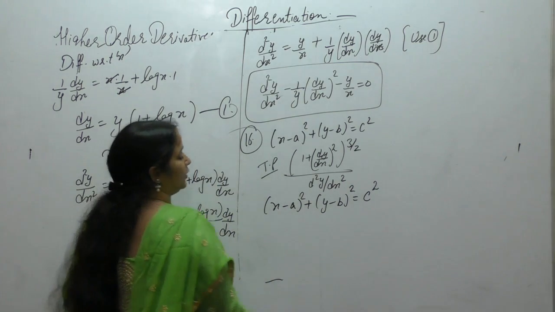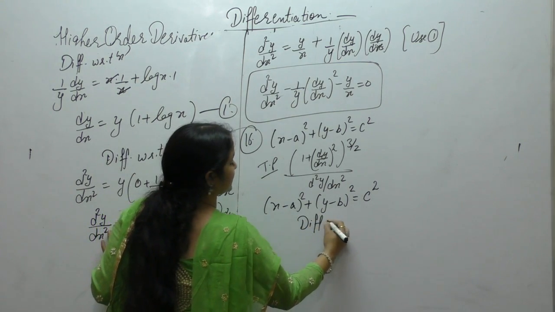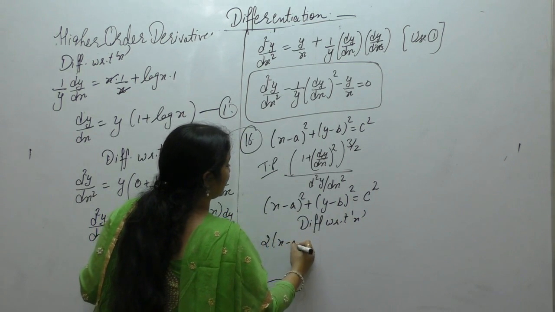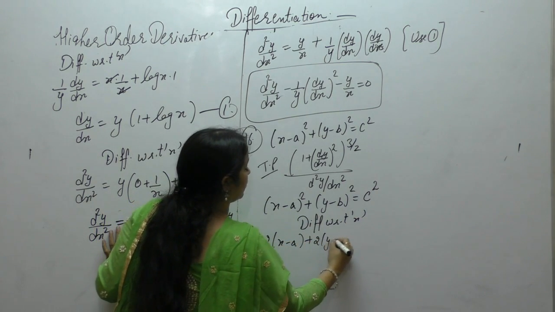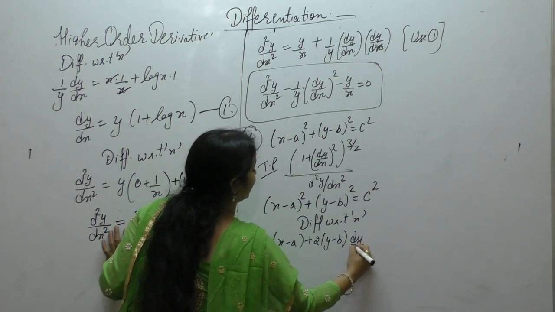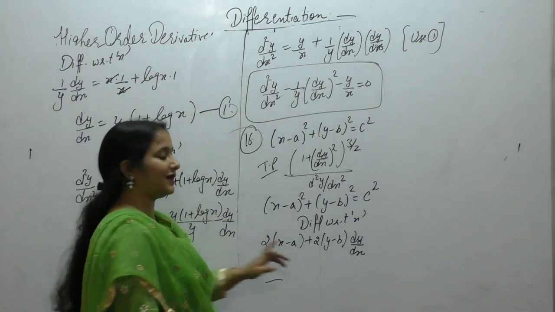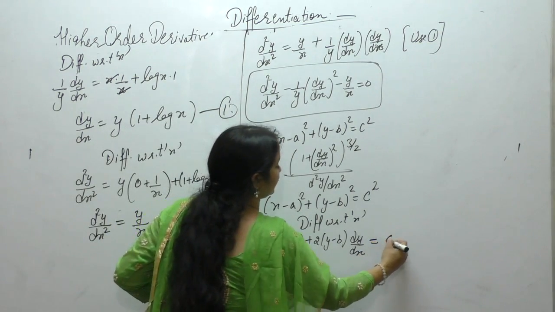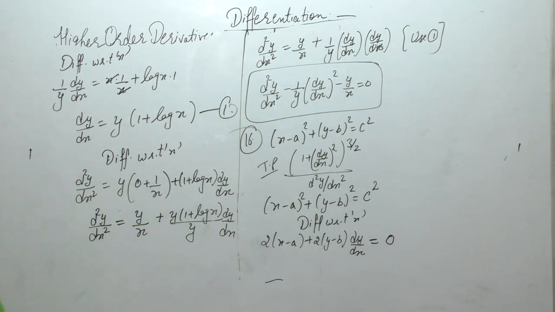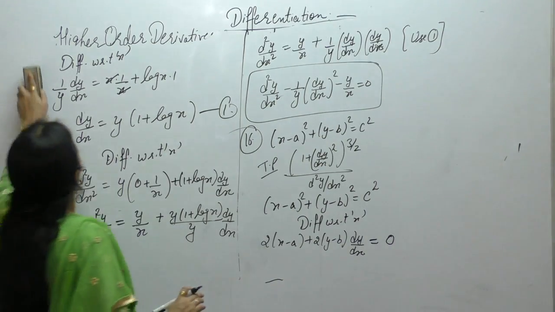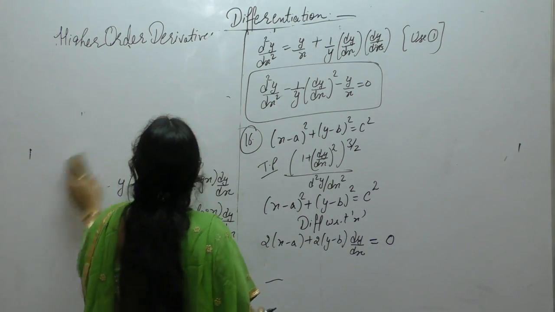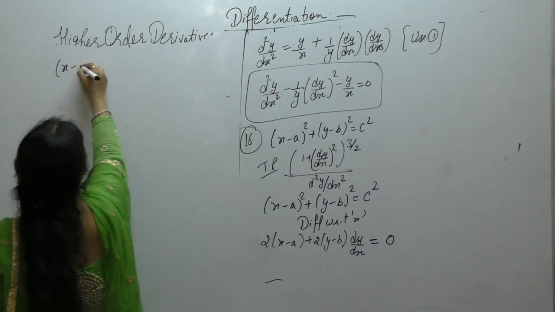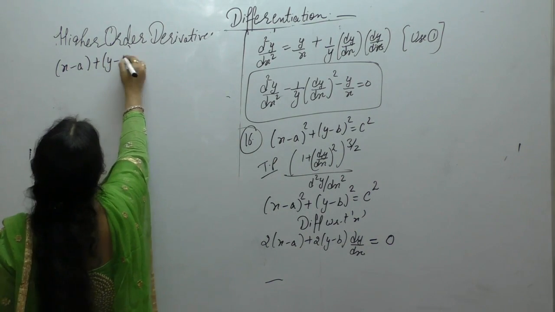So we have (x minus a) square plus (y minus b) square is equal to c square. Now differentiate with respect to x. What we get? 2 times (x minus a), 2 times (y minus b), derivative of y is dy upon dx. b is constant, so its derivative is 0. Derivative of c square is 0. Take 2 common, so 2 will get cancelled. We are left with (x minus a) plus (y minus